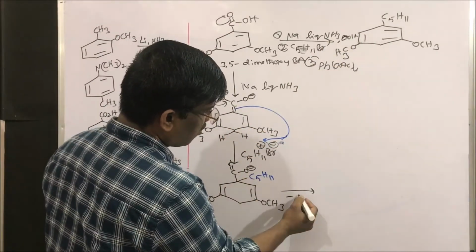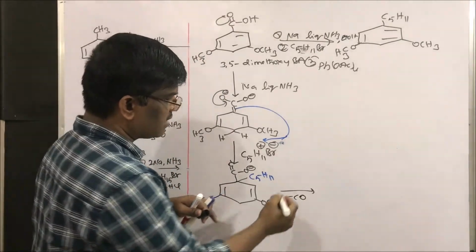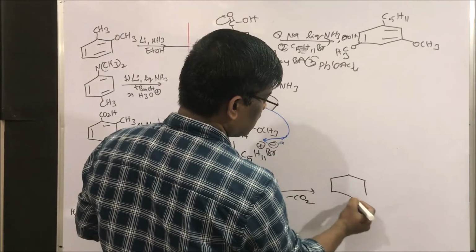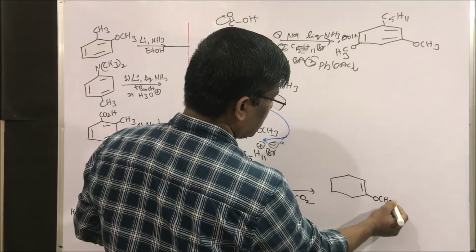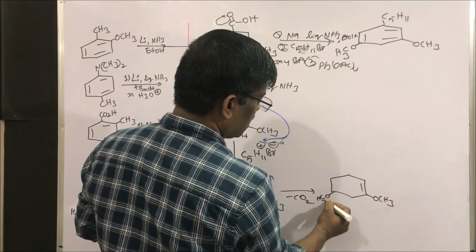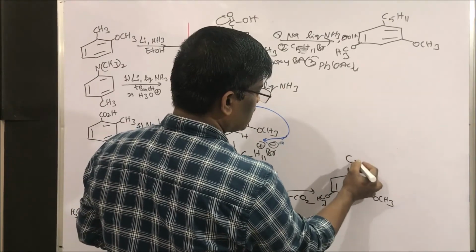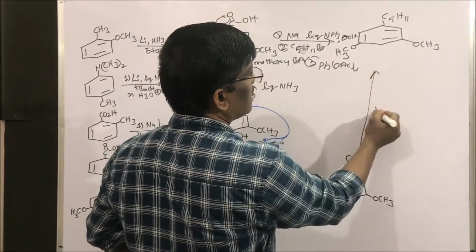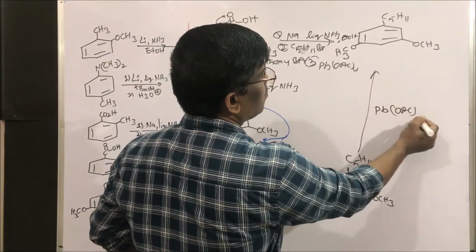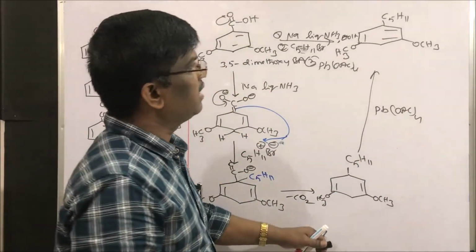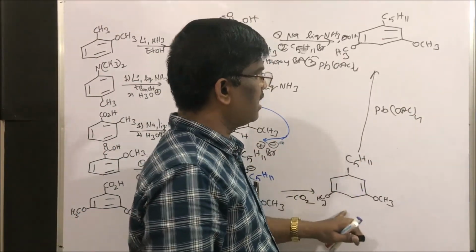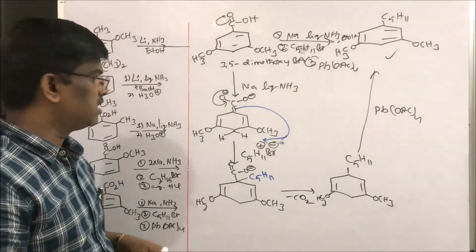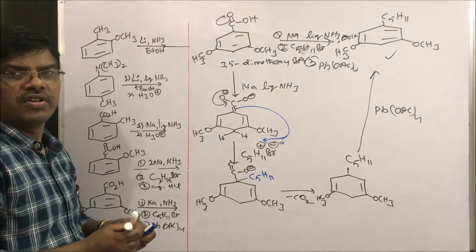So acid hydrolysis, what happens? In the presence of acid during the reaction, minus carbon dioxide will go off to give this intermediate, where methoxy will be here and methoxy will be here, double bond, and the C5H11 alkyl group. Now what is there? Yes, lead tetraacetate. Simple. It is an oxidizing agent. It takes up hydrogens from here and here to give this alkylated aromatic compound. This is how we will get all these compounds, students.